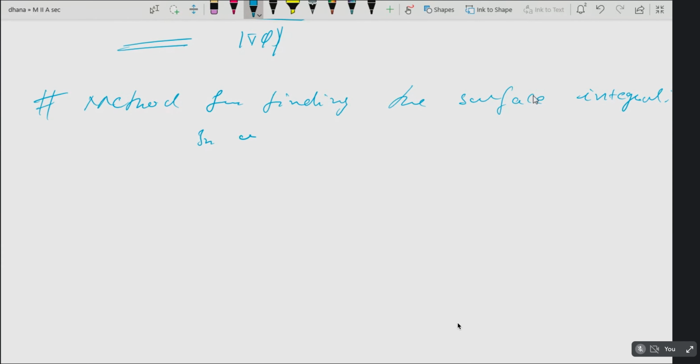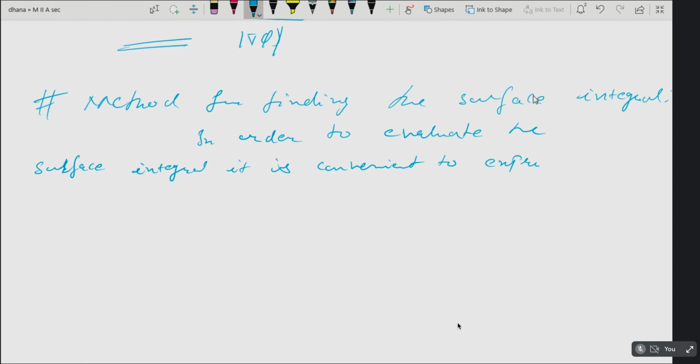You also write: in order to evaluate the surface integral, it is convenient to express them as double integral